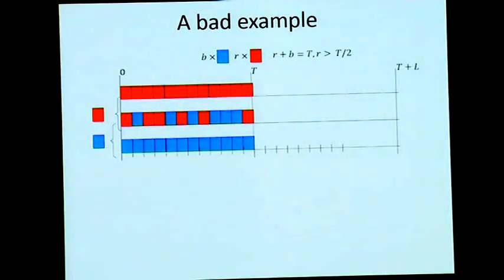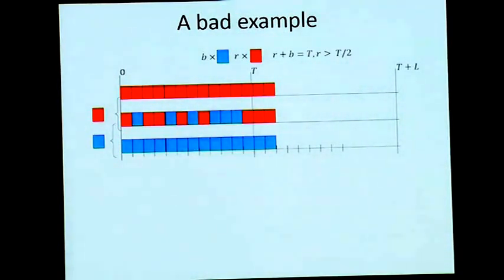What will I do now? I have at least T by 2 red jobs remaining. Now, the adversary. So who's deciding on what job comes at every point? It's the adversary. The adversary is now going to release 2 red jobs. Okay? You will schedule them on these machines. Again, it will release 2 red jobs. You will keep scheduling them. And what would you do? The last machine can be used to finish off the blue jobs that you have accumulated.